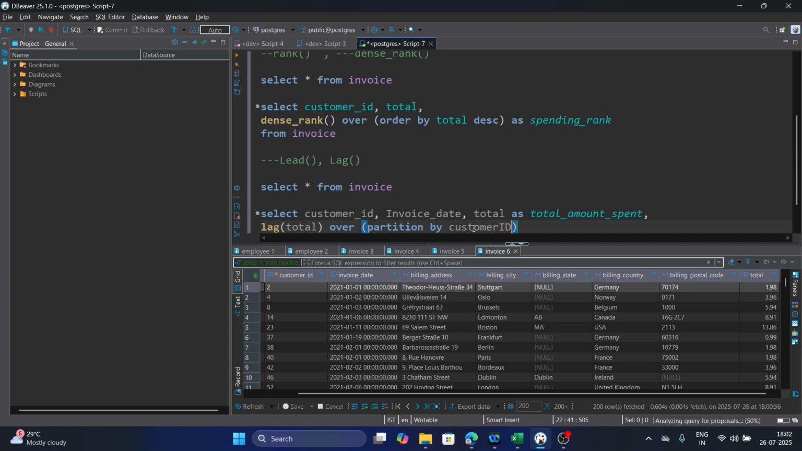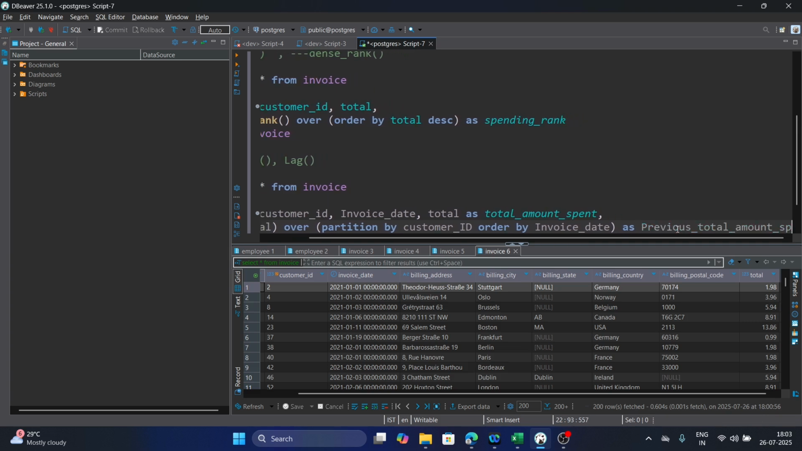customer ID. So we are checking the total of each customer. That's why we are doing a partition by customer ID, customer underscore ID. Order by invoice date, as we can give the name as previous invoice or else previous total amount, total amount spent